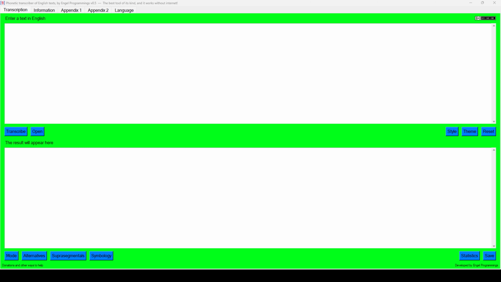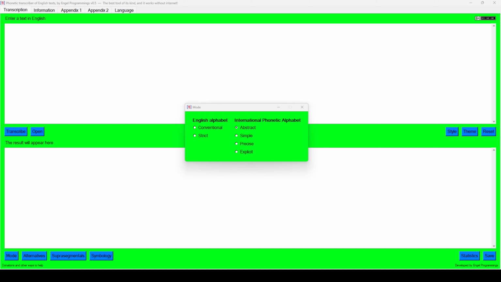The level of detail with which you can make your transcriptions using the International Phonetic Alphabet is varied. In the program 4 transcription modes are defined that use the International Phonetic Alphabet for different levels of detail. However, in addition to having the option to transcribe with the International Phonetic Alphabet and in different levels of detail, you can use the same English alphabet instead, but this option is more limited since the International Phonetic Alphabet is specifically designed to represent the sounds of human speech, whereas the normal alphabet of the English language is not.